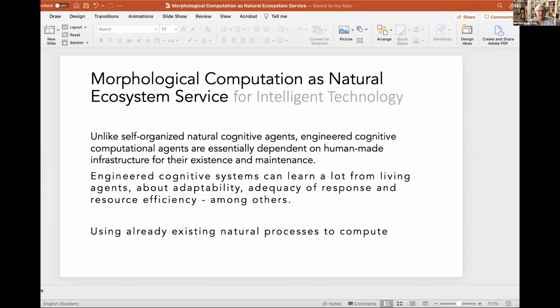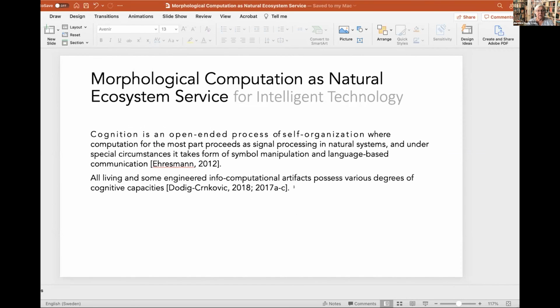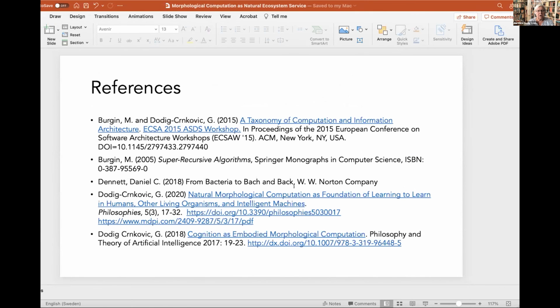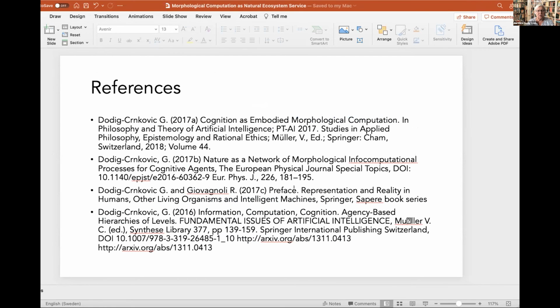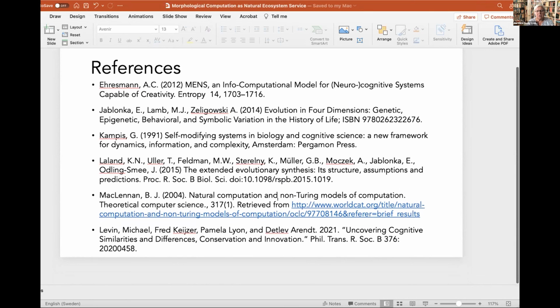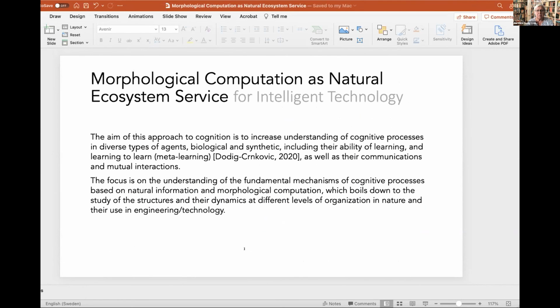So I think I would stop here, and I have a lot of references and my own reflections and thoughts connected to this, even in the context of Luciano Floridi's ideas about first and second and third level technology. But I will stop here, and I will not go into any more details. I think this is the essence of what I wanted to say.